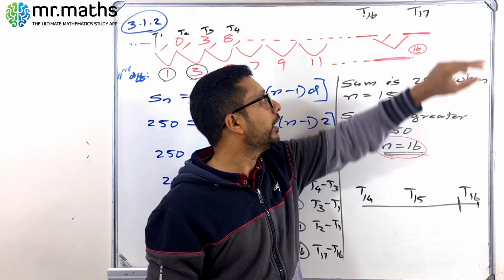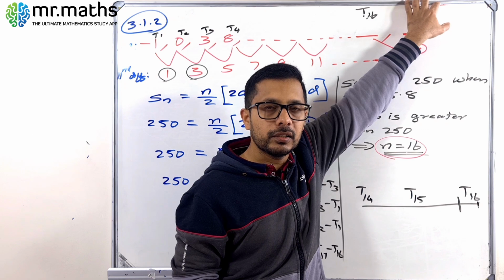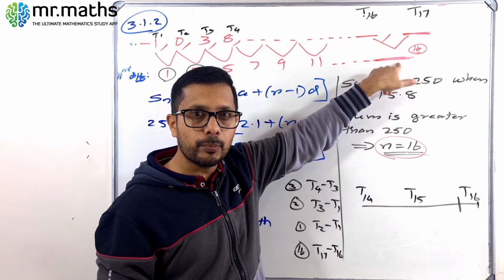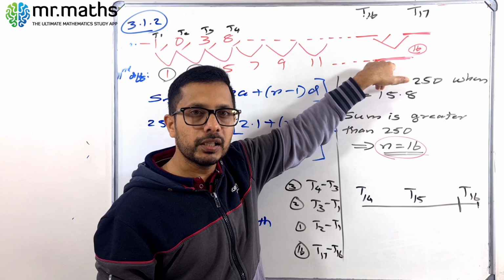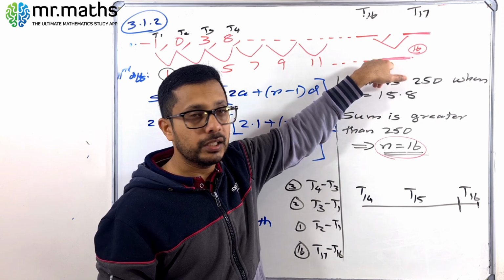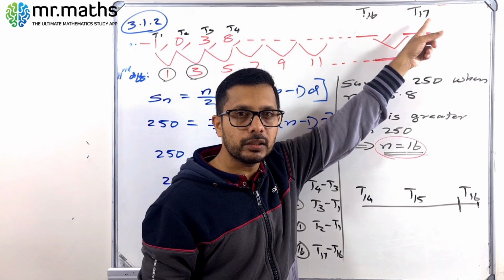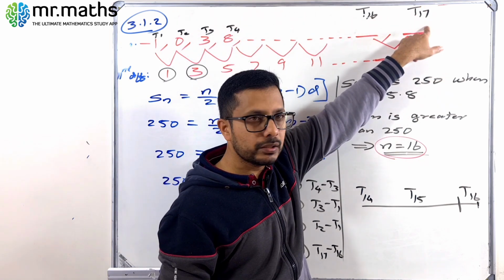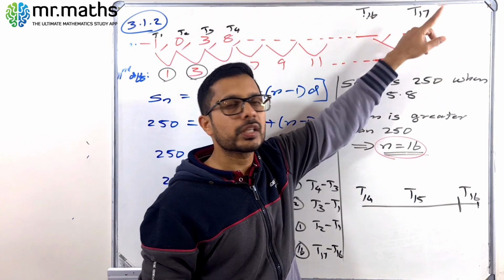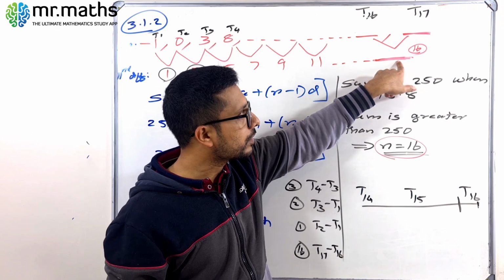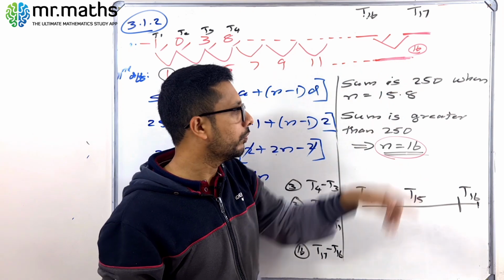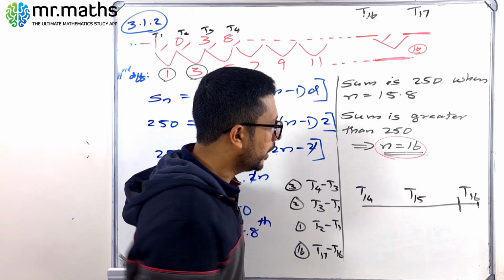That means when it is 17, the first difference is greater than, sum of the first difference is greater than 250. In the quadratic number pattern, when it is 17th term, the first difference sum is greater than 250. So what is the answer now? It implies that